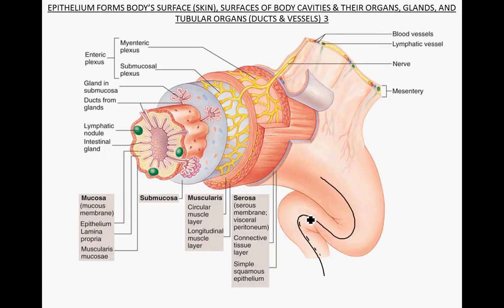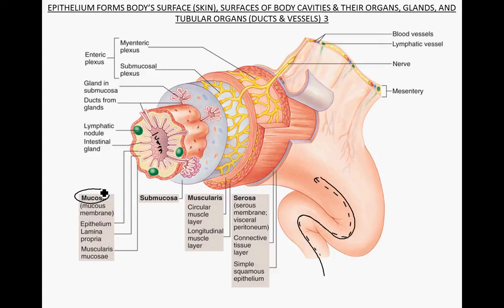Actually, I should dash this because it's inside there. So the food would be following that pathway, right? And that pathway is open to the outside world. That's just the lumen there. And so the membrane that will be lining this lumen, which is open to the outside world, is formed by epithelium. And since it's open to the outside world, it will be a mucous membrane, and so it's sometimes referred